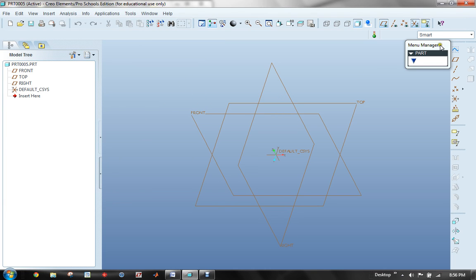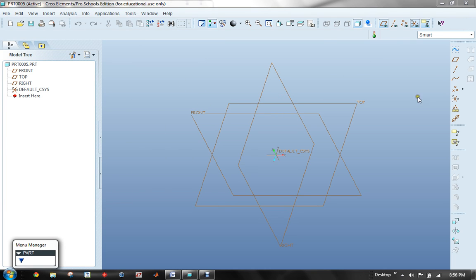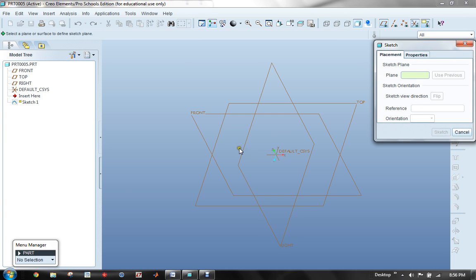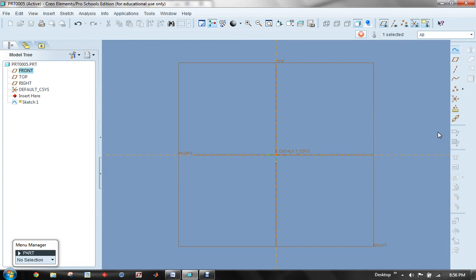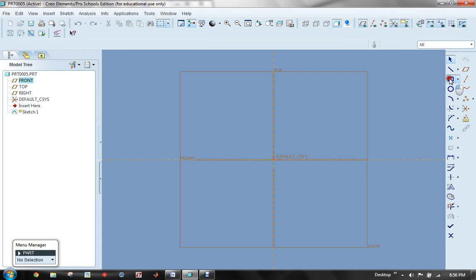So we're going to come over here, and I'm going to sketch on the right plane. And again, the right plane, the sketch plane, becomes orange, the default reference plane becomes red, and we'll accept both of those. Now what I want to do is I'm going to draw my rectangle here,